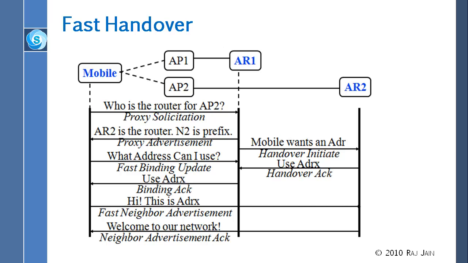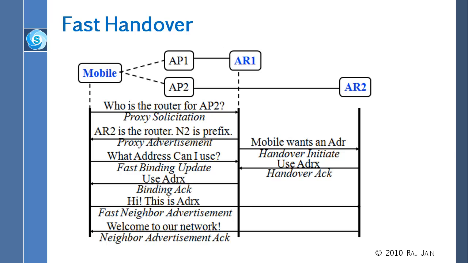At the same time, the router will send a message to AR2 and say the mobile wants an address, so that message is called handover initiate. And so AR2 will send the response back to AR1, yeah, he can use, or she can use, address X. And then it will say, what address can I use? At that point, this already had the answer, and it will say you can use the address X, and then